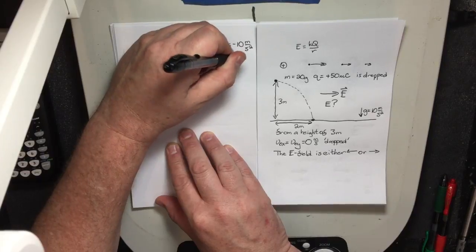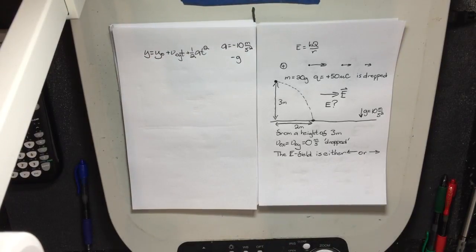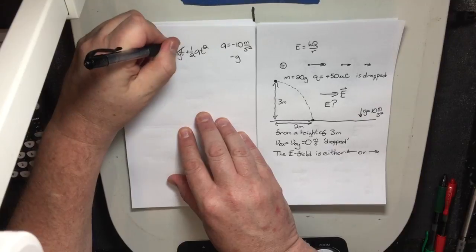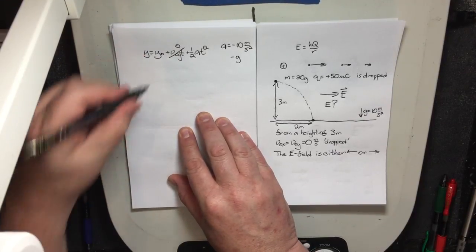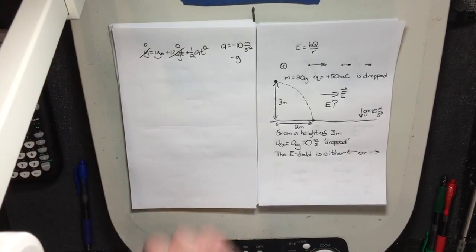Or you could just say -g, but we're going to use -10. V naught y is 0. Y final is 0. Once again, when you set up your equations, make sure that you use